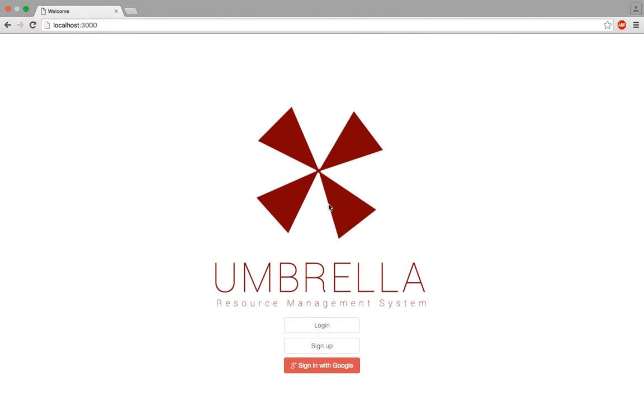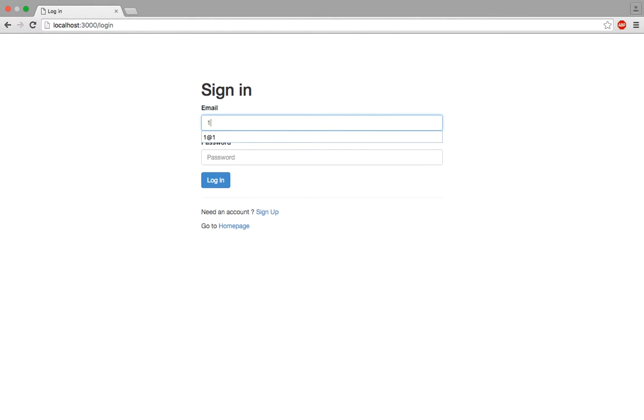Hello, I'm going to show how our resource management system works. So for this demo, I'm going to have two users. One is user 1 and the other one is user 2. User 1 is the super admin and he's going to log in to the system using his email